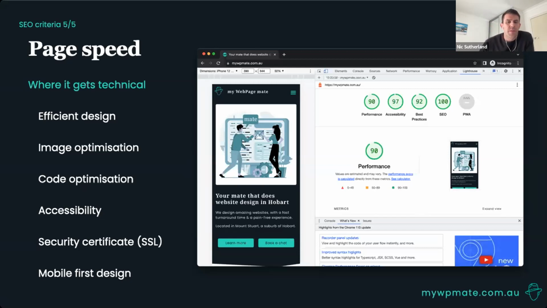And we've heard about this one before, but there are technical things like the little security certificate that helps with your ranking. That is the little padlock, or the HTTPS, that appears right next to your URL. Without it, people might simply be blocked from looking at your website. You absolutely need that SSL.